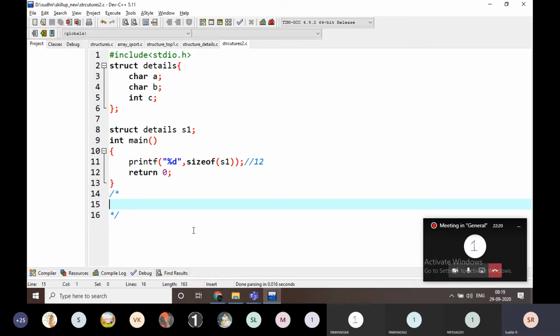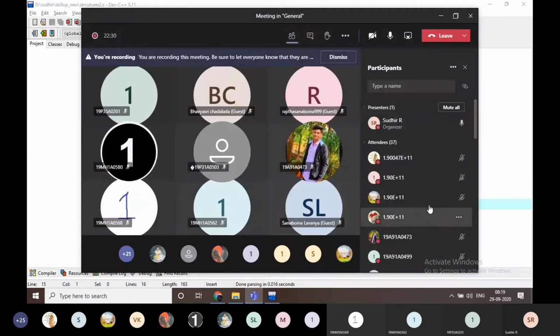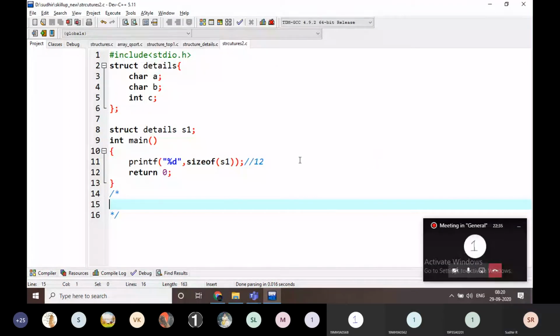Remaining students, what is the output of the structure here? Anyone guess please? 12, for example, it is going to be 12 like this.